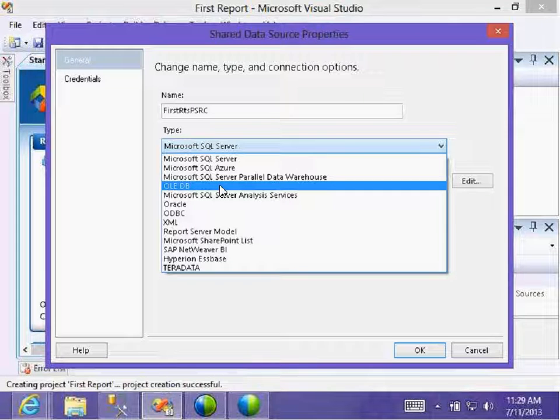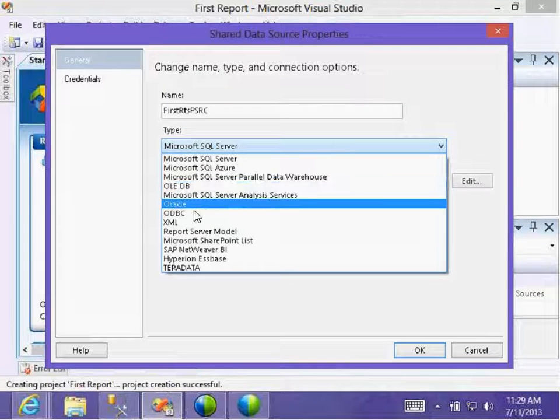Object Linking and Embedding Database: if your data is in the form of an Excel sheet, SQL, or anything else, you can connect using OLE DB.